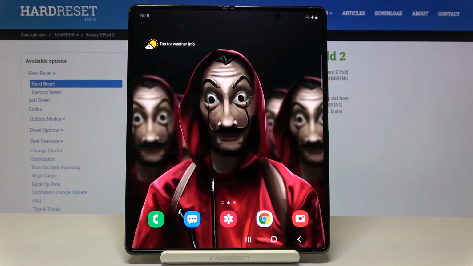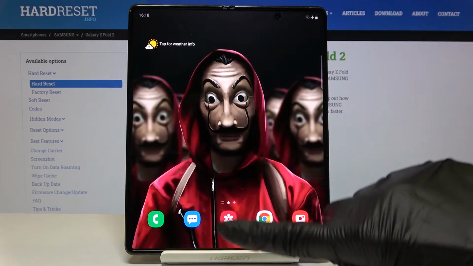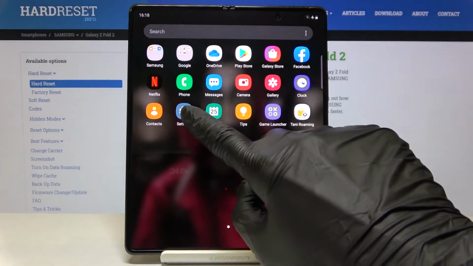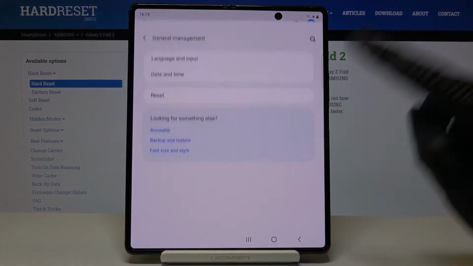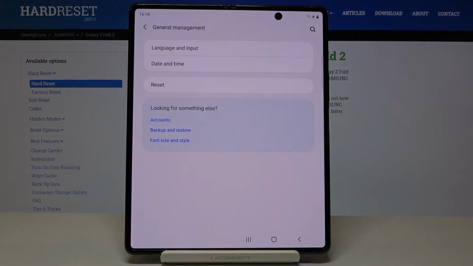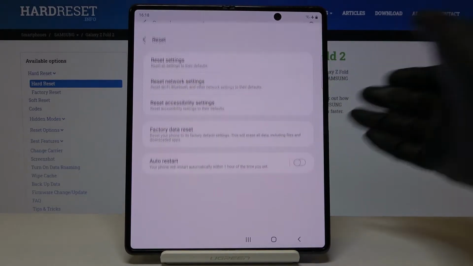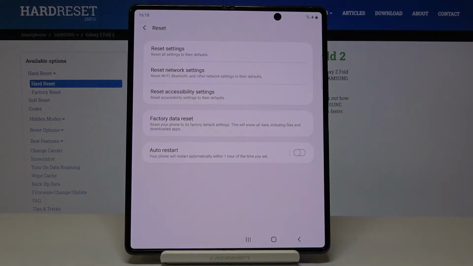In front of me is Samsung Galaxy Z Fold 2, and let me show you how to reset network settings on the following device. So at first you have to open list of all apps, go to the settings then, and now click on General Management. Here you will notice Reset tab, so you have to select it, and now you can smoothly pick Reset Network